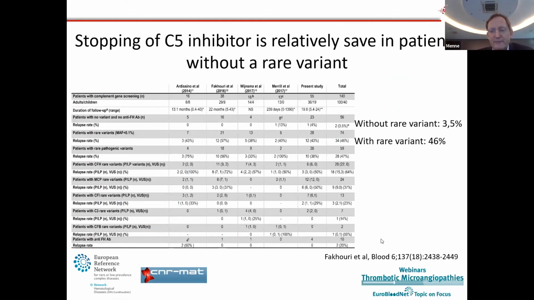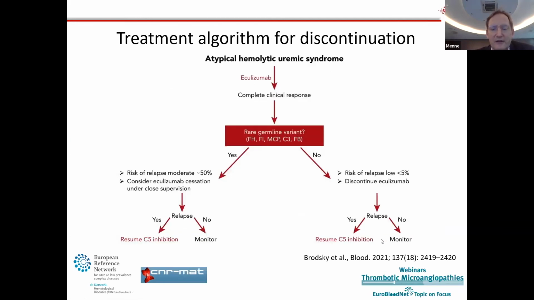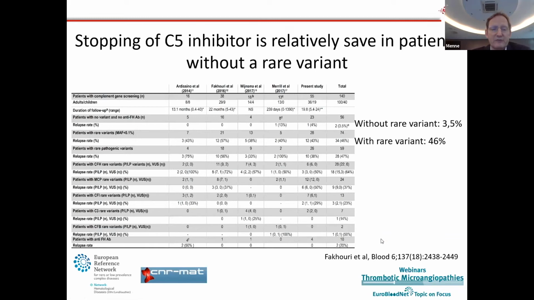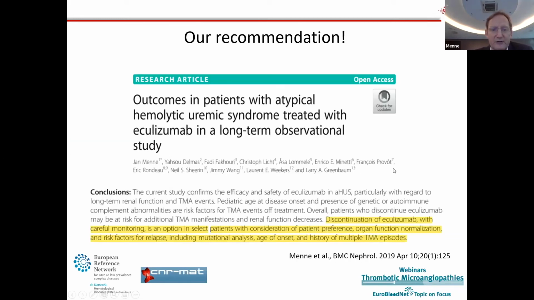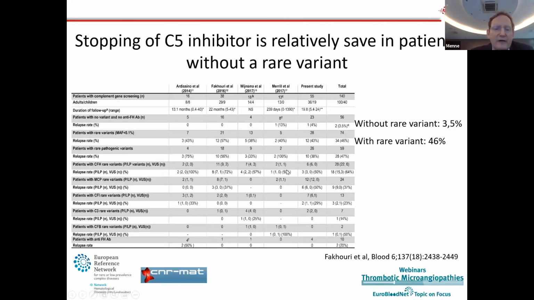What is important: in May 2021 in Blood, the first prospective study was published by Fakhouri, who was one of the co-authors also of this article. Fakhouri is really one of the leading persons in France who has done a lot of studies, and he published this nice study, a prospective study where they stopped the drug. And quite a lot of patients, 56 patients, were included, and they had in the supplement a nice table of all